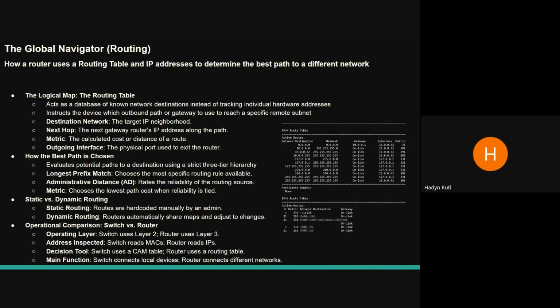Destination network is the target IP neighborhood. The next hop is the next gateway router's IP address along the path. The metric is the calculated cost or distance of a route, and the outgoing interface is the physical port used to exit the router. The best path is chosen by evaluating potential paths to a destination using a strict 3-tier